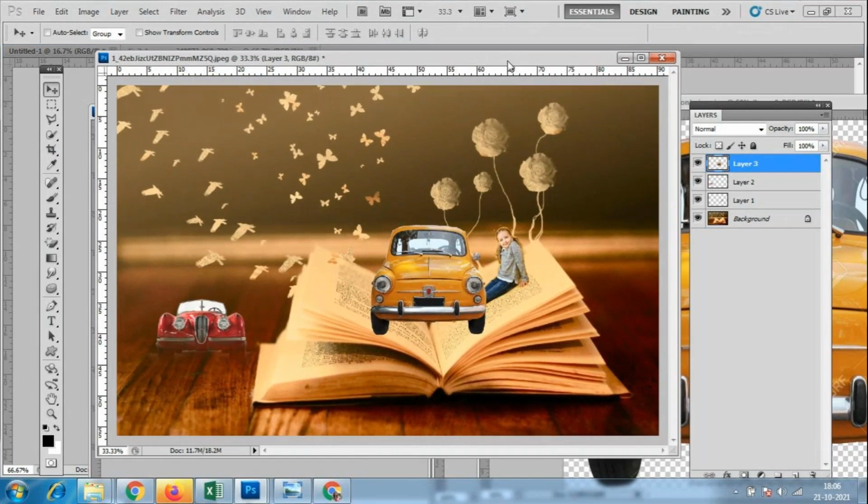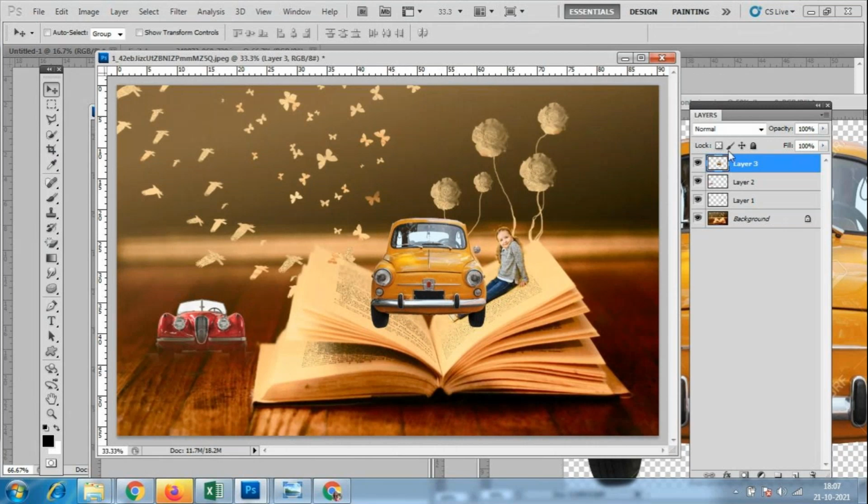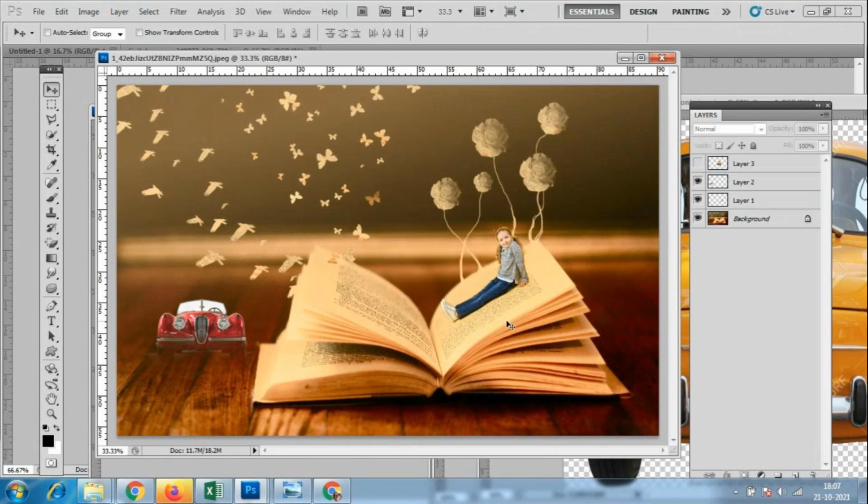So if it should come on the backside of the book, what we have to do is go to this polygonal lasso tool and cut this image. Okay, I will not cut so much. How much ever area I want, only that much area I'll cut. So let me check what I can do.